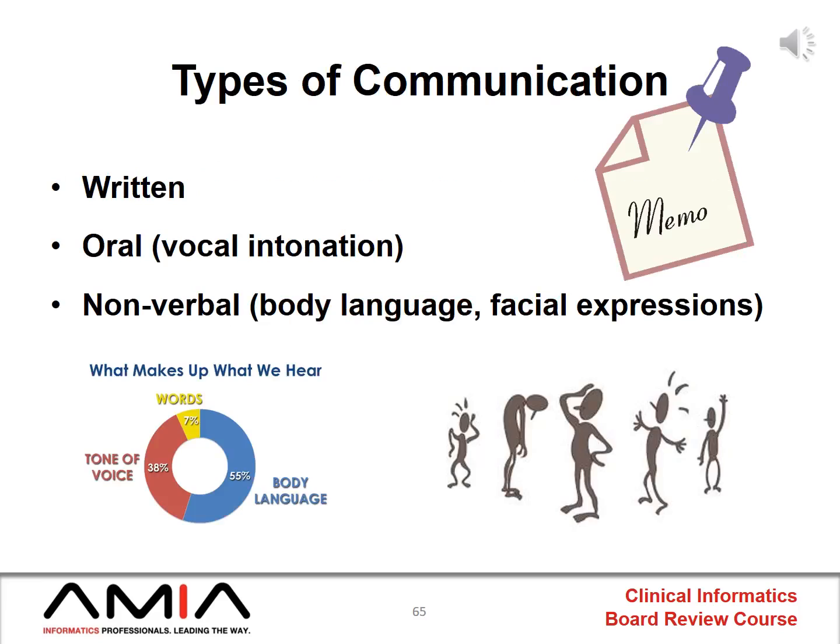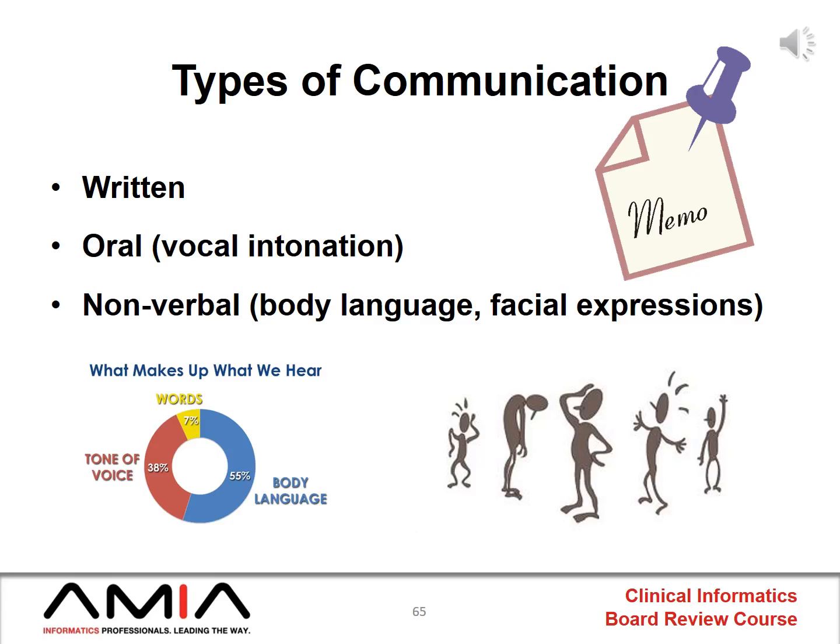There are three major types of communication: oral, written, and nonverbal. In oral communication, vocal intonation can communicate a lot of information that would be completely missed if looking at information on a printed page. Similarly, nonverbal communication, meaning body language and facial expressions, can also be really helpful for a receiver to determine the intent behind a message that can be missed with both written communications as well as some